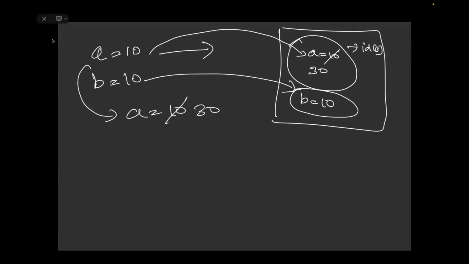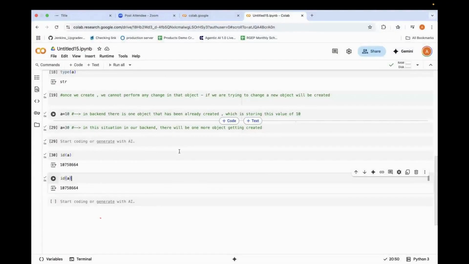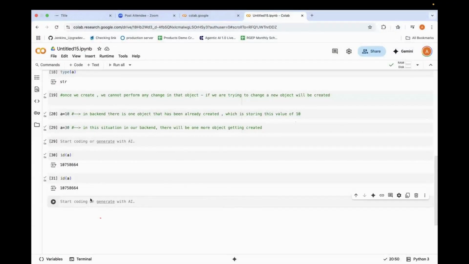Now coming back to our Google Colab. So this is something called immutability. Now we'll go with bytes. What is the bytes data type? Let's consider x equals to 10, 20, 30, 40.